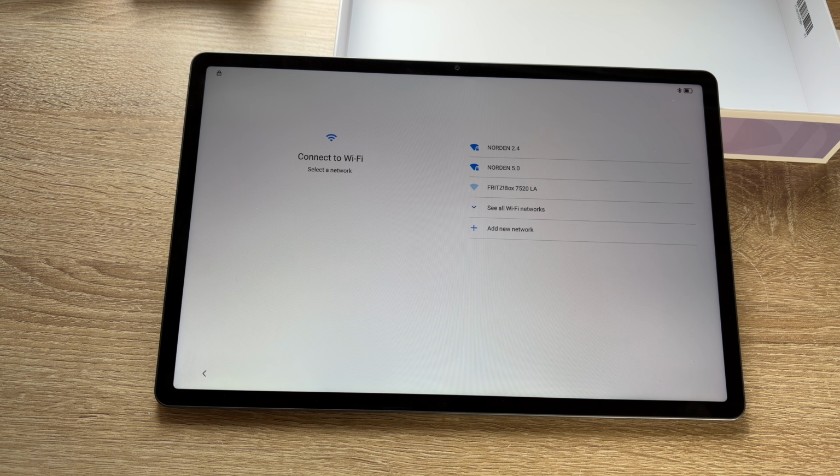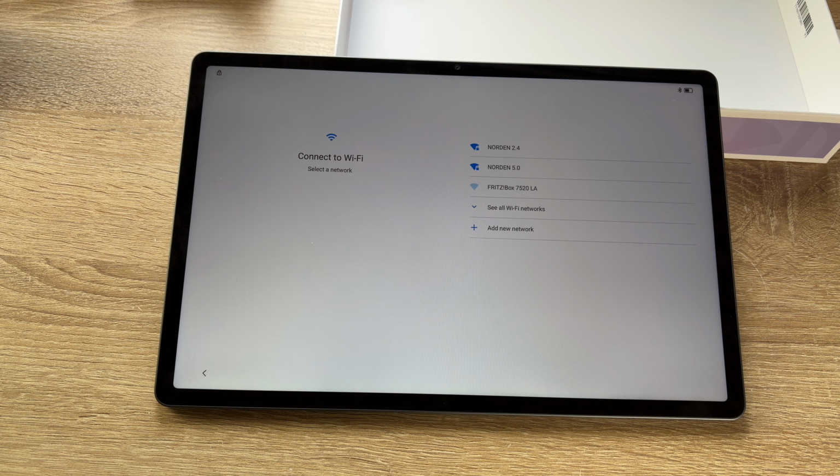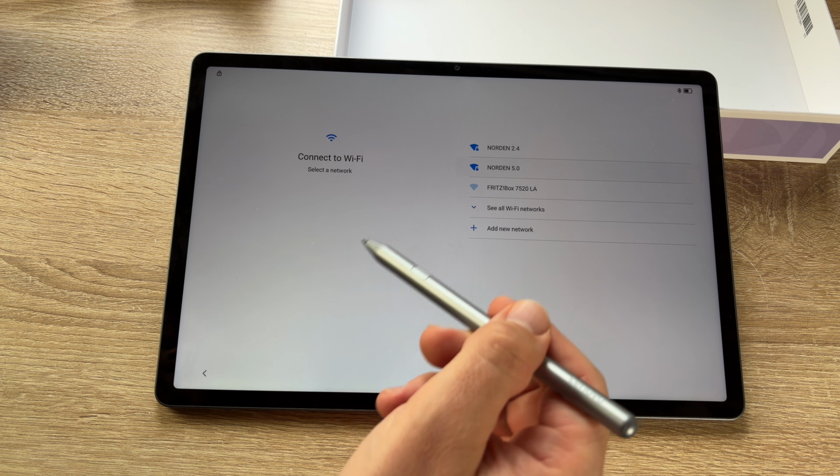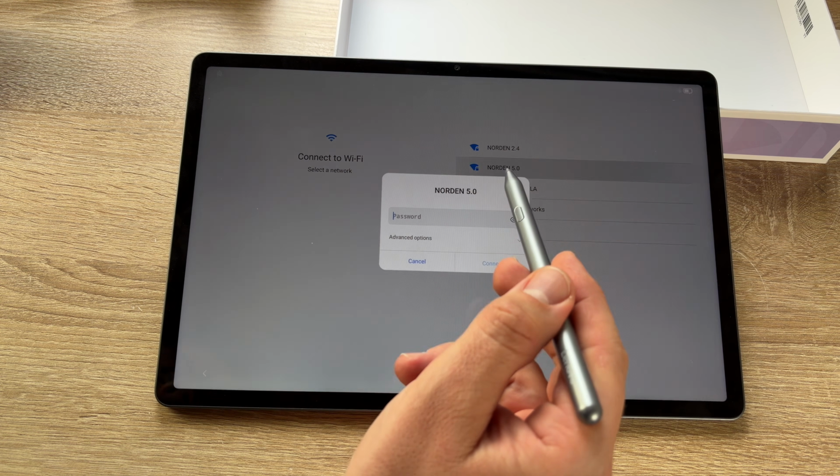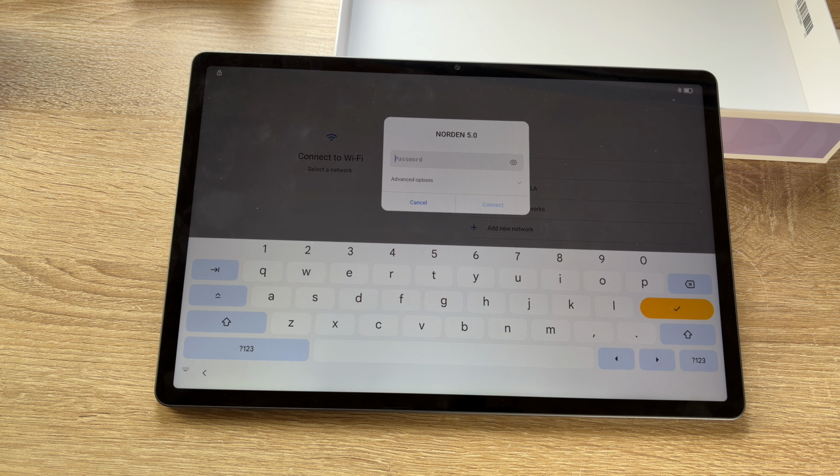After this process, we need to go to a Wi-Fi network, which is nearby. This Wi-Fi network can get our device onto the internet, and over the internet, it's possible to give information and activate our phone. Not our phone, but tablet, of course. You can now connect to a Wi-Fi network. You will need this password. You can find this underneath the router, or you can ask your admin to continue this process.